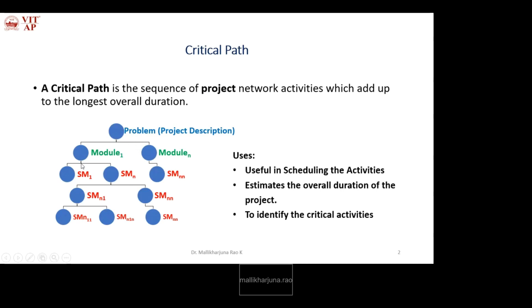At the same time, it gives the maximum time for each module and each submodule, in this way for all internal modules, submodules, and sub-submodules until objects. Then it identifies the critical activities that exist in this project development. So what do we mean by critical activity? If an activity takes more than the planned time, it is called a critical activity, which we are trying to find using the critical path method.